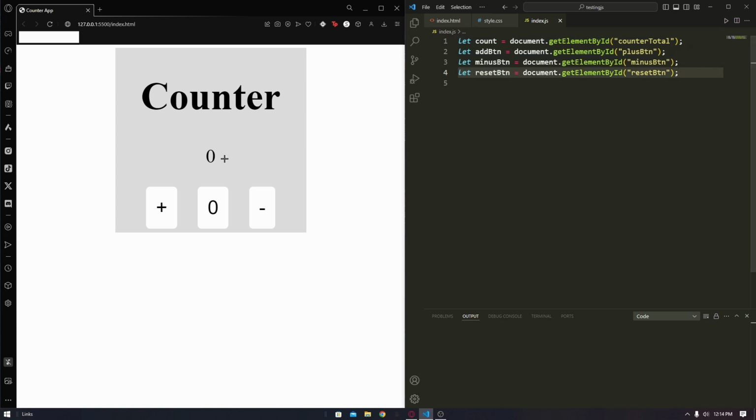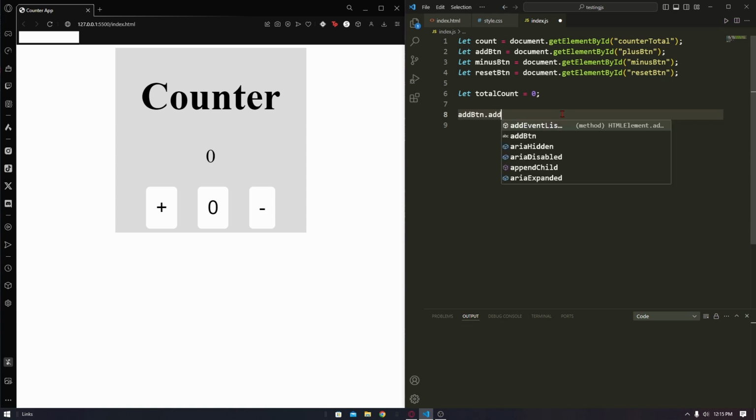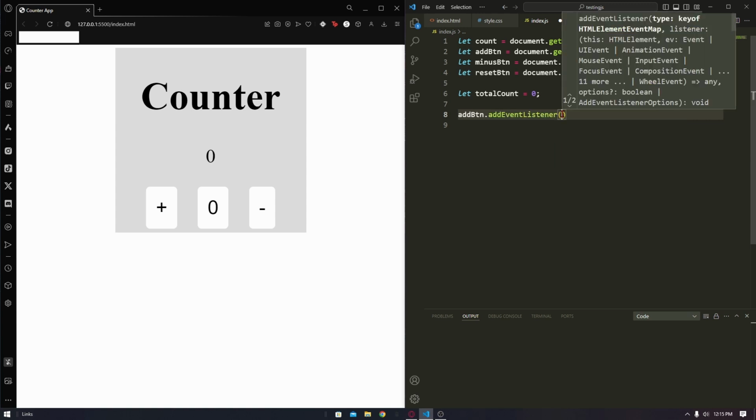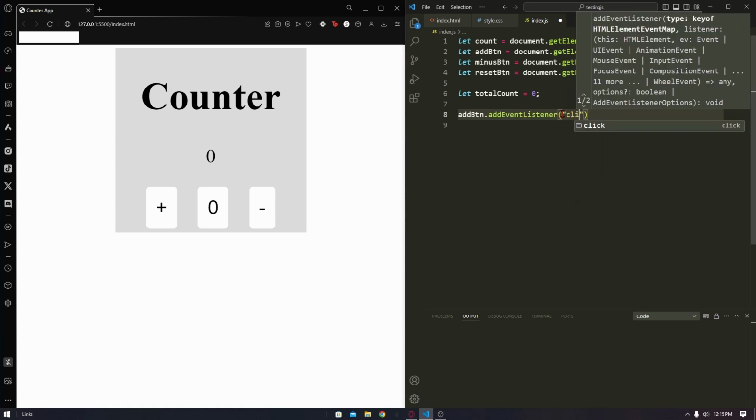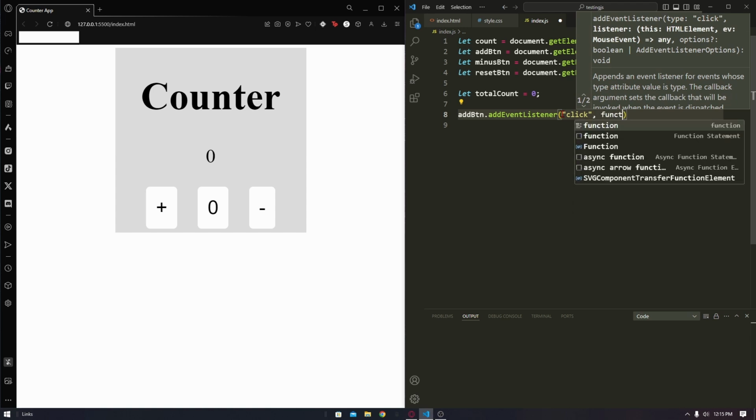We need one more, and that's going to be to count a total tally of the amount of counts. So if we say let totalCounts equals 0, that's just going to hold the total counts in the back, so we can display it as the total amount for that. So if we come down, we're going to start with our first bit of functionality. We're going to say addBtn.addEventListener, and then we're going to look for a click, and then we're going to tie a function,